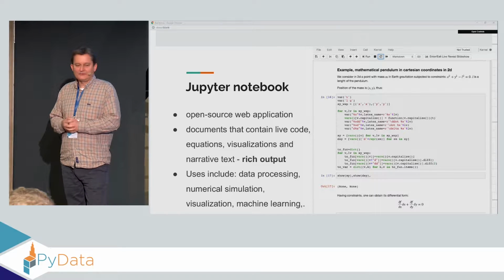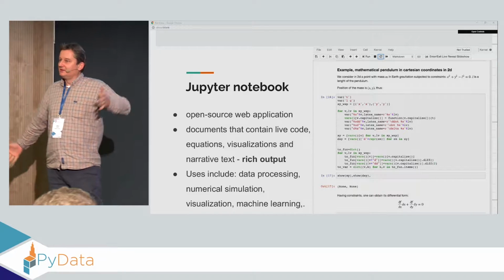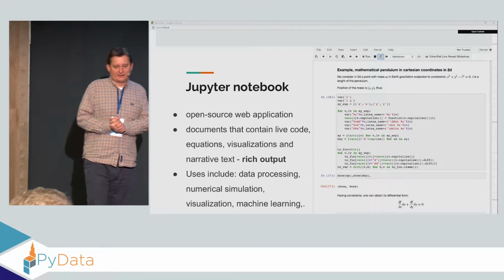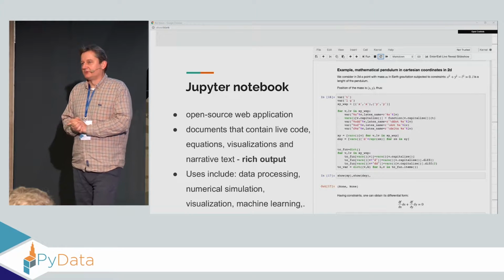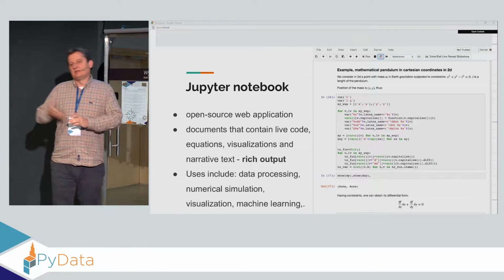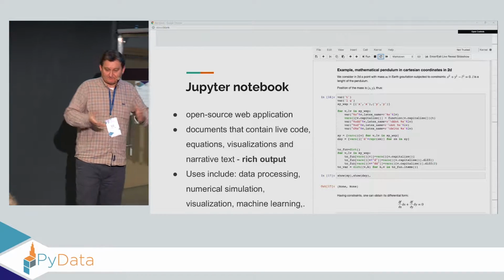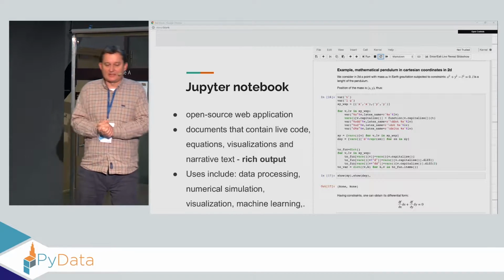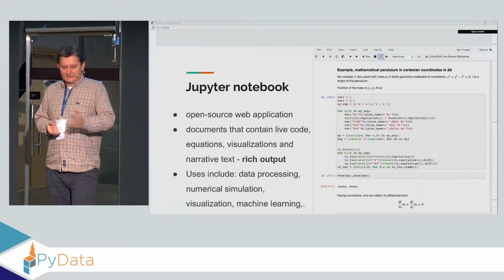And the rich output is very important because you can do something like write a paper. You can do those things just being in a notebook. And also you can have code at the same time, which researchers like very much. Data scientists, I see, like it very much. And it's very useful for education and any kind of interaction. And can I have the next?